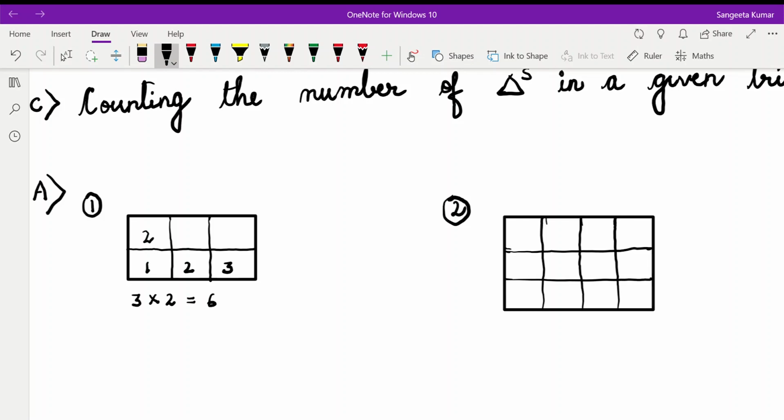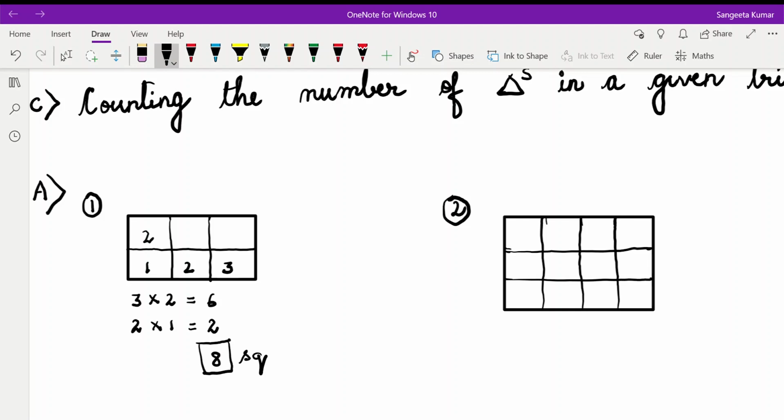The next step, we have to reduce this 3 by one number. So this will become 2 and this is also reduced. As we go down, we just have to reduce the number of rows and columns by 1 till our product is 0. The product where we get 0, we do not consider that. So 2 into 1 will give us 2. Next, if we reduce 2 by 1, we will get 1 into 0, and 1 into 0 we know is 0, so we are not going to write that. Now we just have to add 6 and 2. So we get 8 and 8 is our answer.